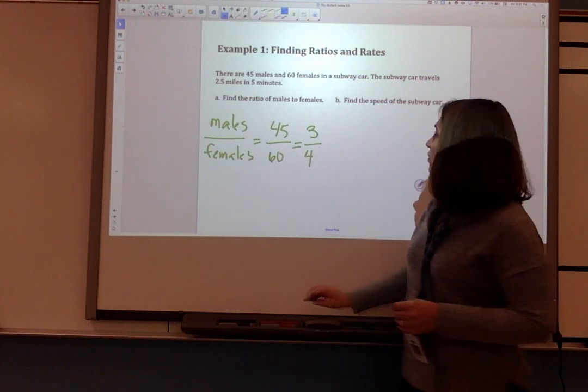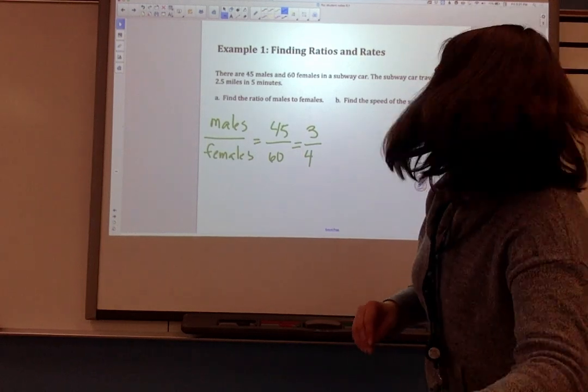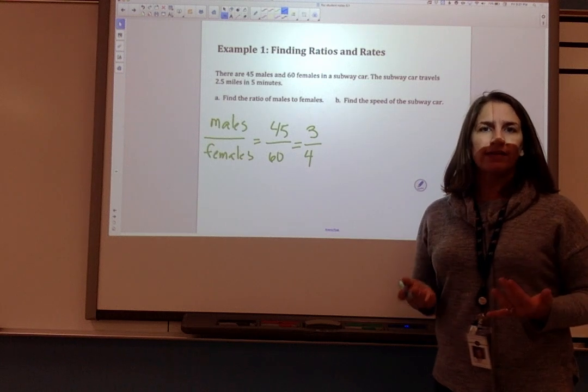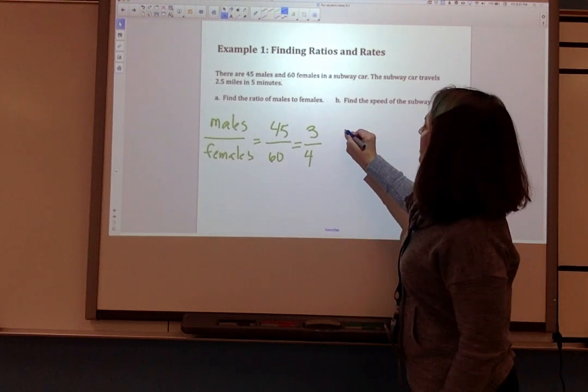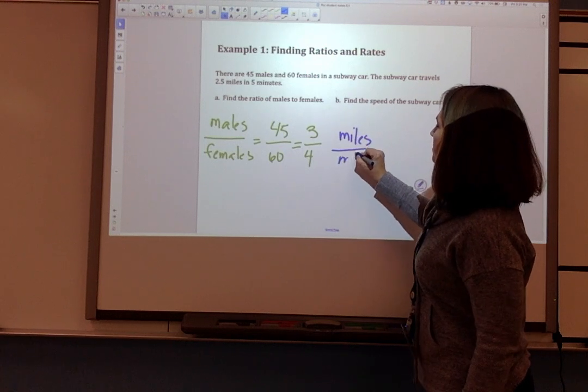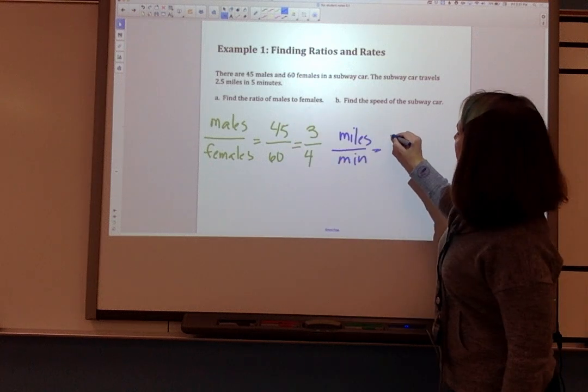All right, we also have the subway car travels 2.5 miles in 5 minutes. And we need to find the speed of the subway car. So we're going to write this as a unit rate. We're going to start by saying we want miles per minute. And we see that the subway car goes 2.5